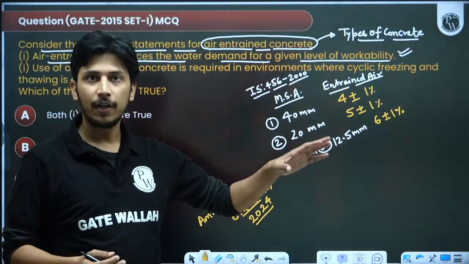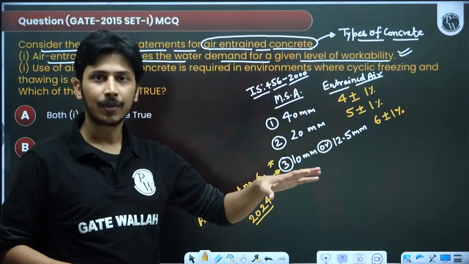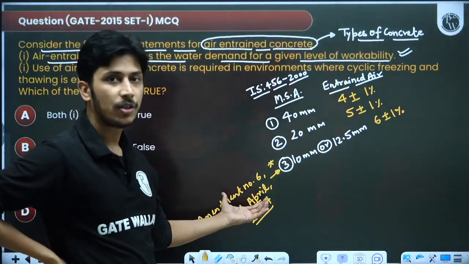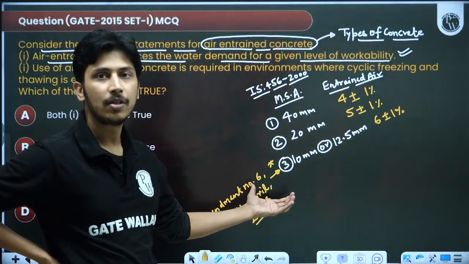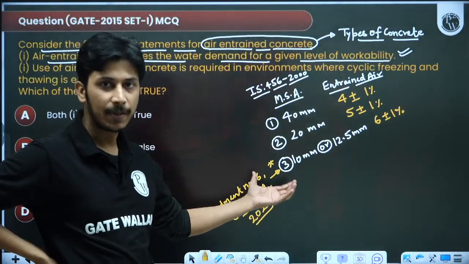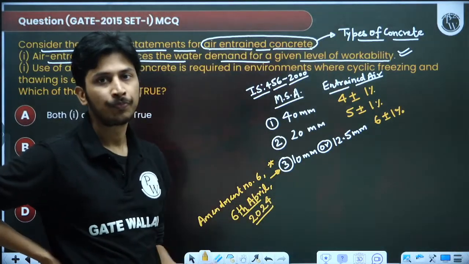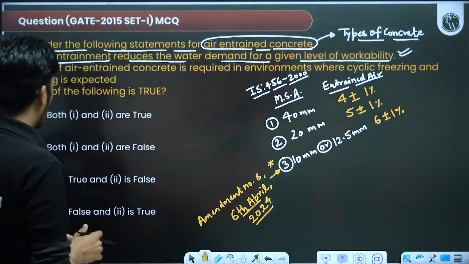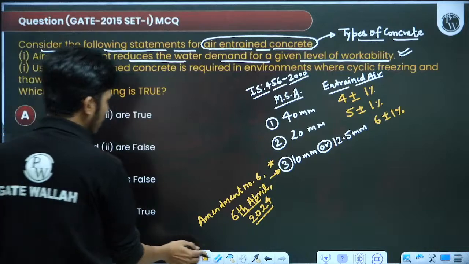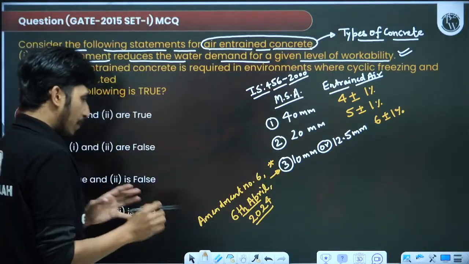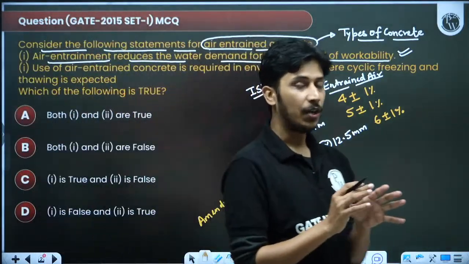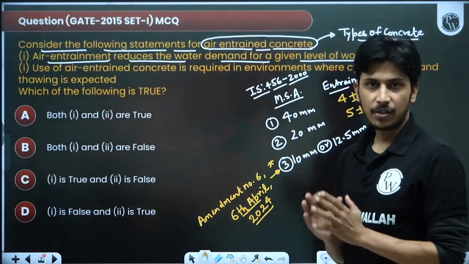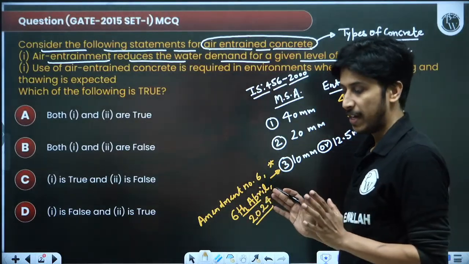And if you will see the test series now, one secret I'm telling you, if you will do the test series now, I have given the same question in the test series. What is the entrapped air for this 10 mm and 12.5 mm as per the latest amendment? I have given this question. So if you will do the test series, then you can also get the things. Okay, now this was the first statement. Now let's discuss about the second statement. Main purpose of today's class is to get what are the things which are connected with the PYQs. Only solving the PYQs is not our main target.